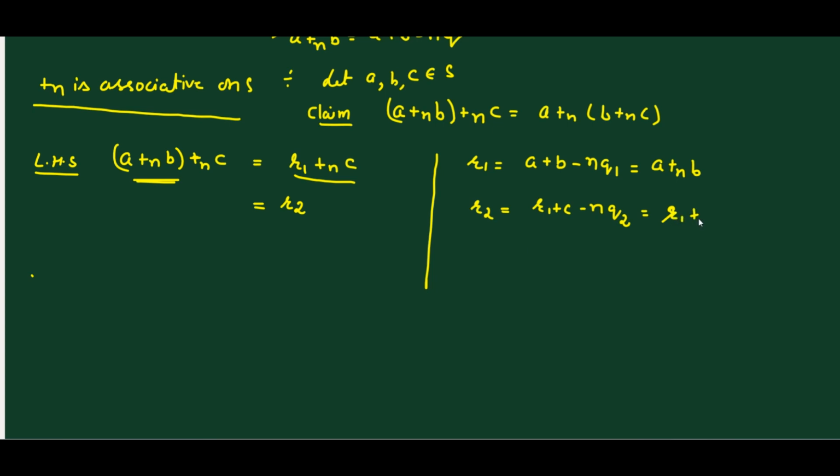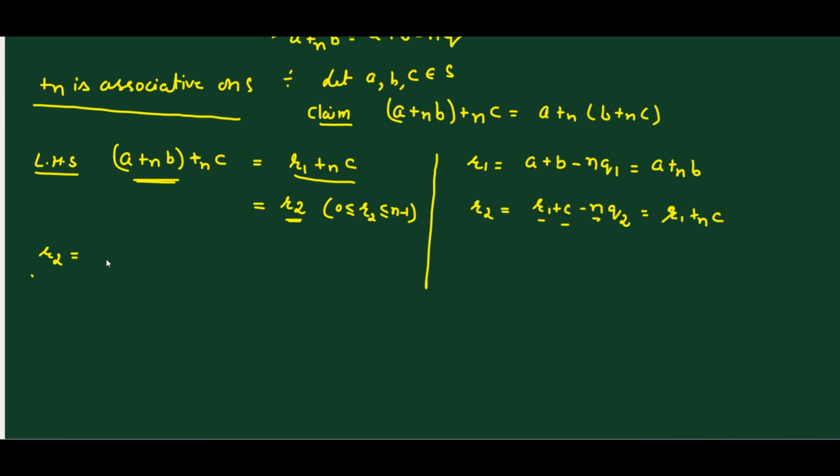Okay, so you can write this as R1 and C. Since R2 is the remainder when R1 plus C is divided by N, obviously R2 lies between 0 and N minus 1 because R2 is the remainder. Okay,